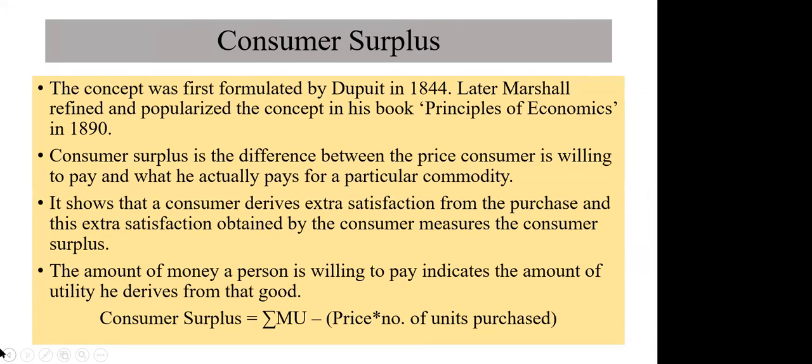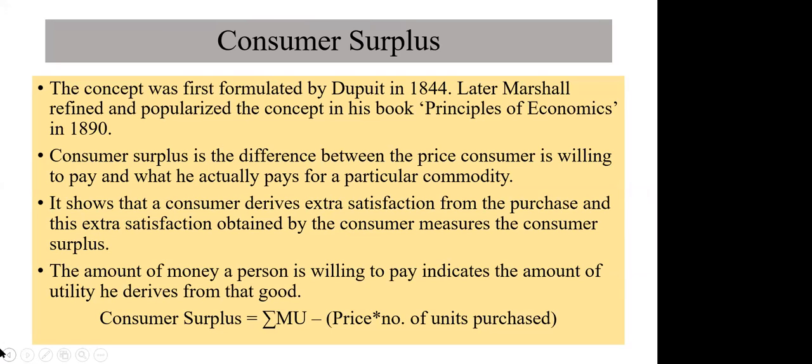So the concept of consumer surplus was first given by Dupuit in 1844, but we don't know his name because later on Alfred Marshall refined this topic and he popularized the concept in his book Principles of Economics in 1890. So what do we mean by consumer surplus? Consumer surplus is the difference between the price which the consumer is willing to pay and what he actually pays